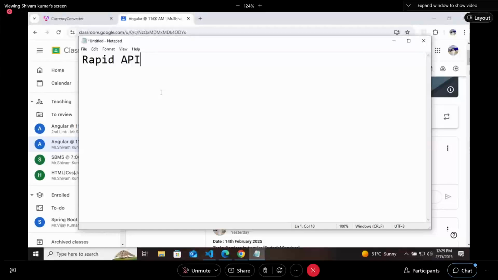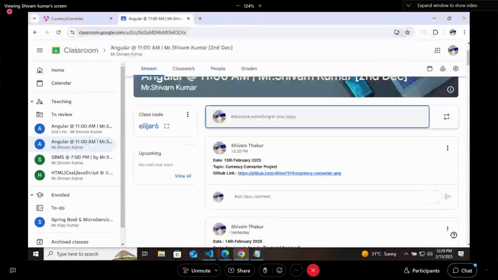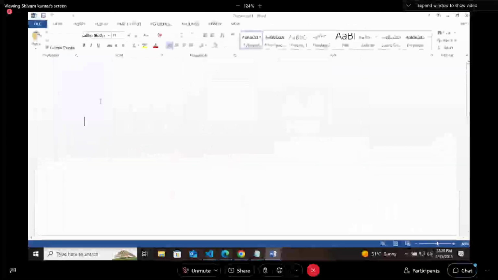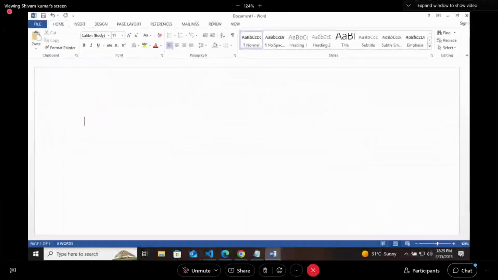Like, the Instagram API is there. It means that you just keep the link of any photo, reel, story, or any other post from Instagram, and it will download in your system. A lot of APIs are there that you can use. Now we are going to discuss RxJS and observable. Understood?